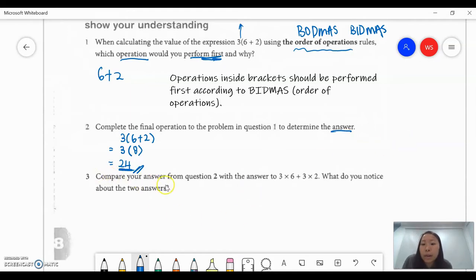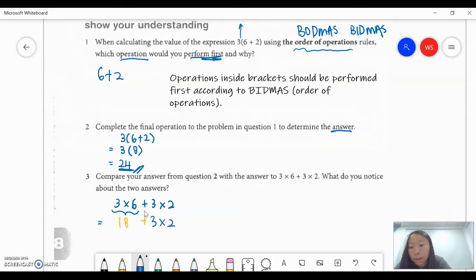Number 3, compare your answer from question 2 with the answer to 3 times 6 plus 3 times 2. What do you notice about the two answers? So writing out the expression 3 times 6 plus 3 times 2. BIDMAS will tell you brackets first, there is no brackets, followed by indices, no indices, followed by division, no division, and finally we have multiplication. So we have two multiplication signs, but between multiplication and division, we are always doing the one that's on the left first. So 3 times 6, that gives you 18, plus